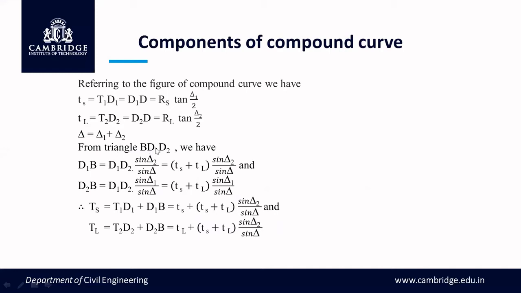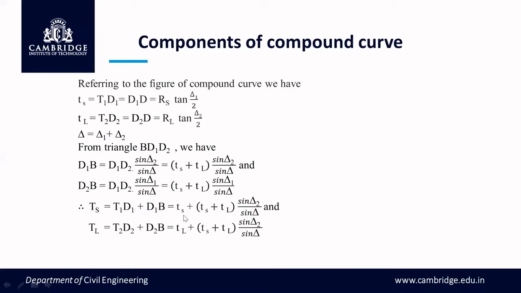From the triangle BD1D2, we have D1B equal to D1D2 times sin(delta 2) / sin(delta), that is equal to (ts plus tL) times sin(delta 2) / sin(delta), and D2B is equal to D1D2 times sin(delta 1) / sin(delta), that is equal to (ts plus tL) times sin(delta 1) / sin(delta). Therefore, Ts is equal to T1D1 plus D1B, that is equal to